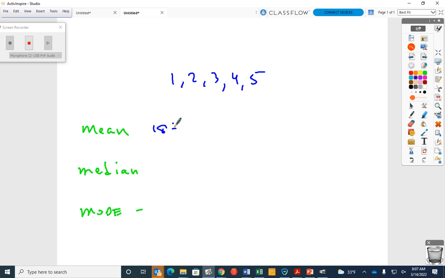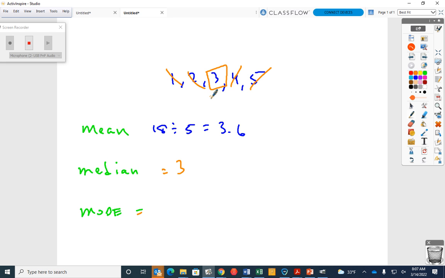What's 15 divided by 5? Okay, 3. Okay, the median. Now, these are already in order, aren't they? Now, this is one where I would actually have one. If I cross 2 out from each side, I have a number that's by itself. So what would my median be? 3. This right here.